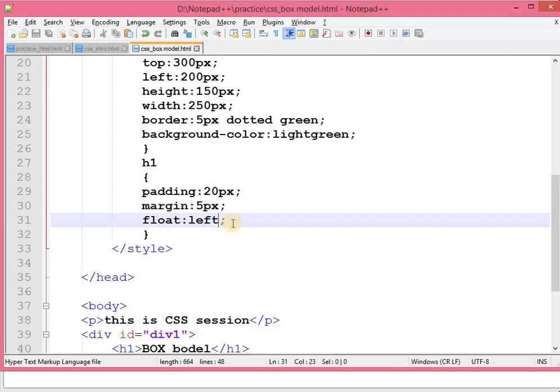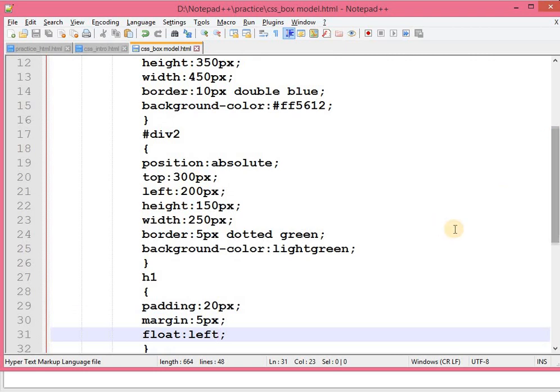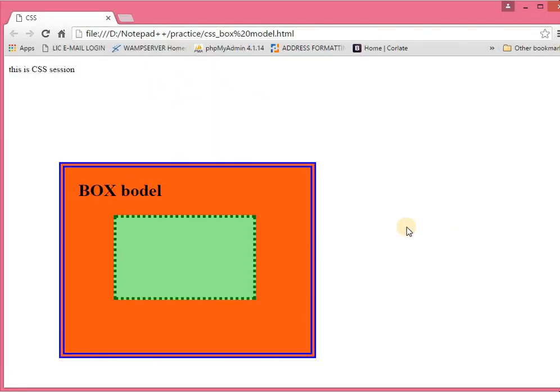Okay, like this. I can also set property for other elements. Now this is how your box model works. Now I want to set these in terms of Z index. Okay, so how can I use it?